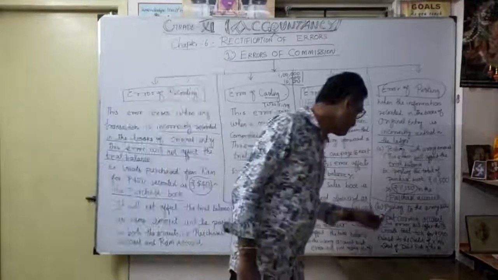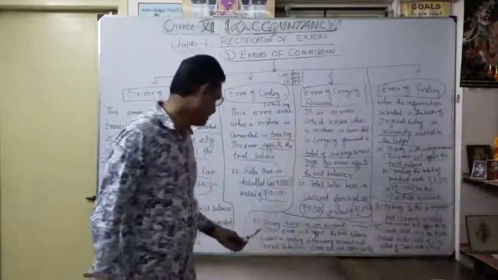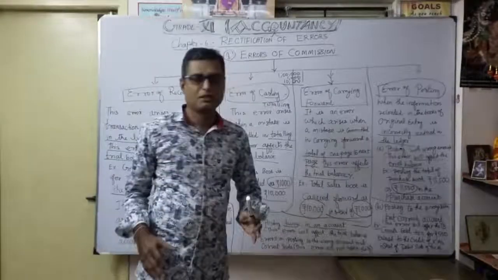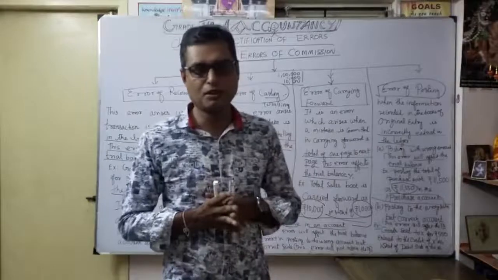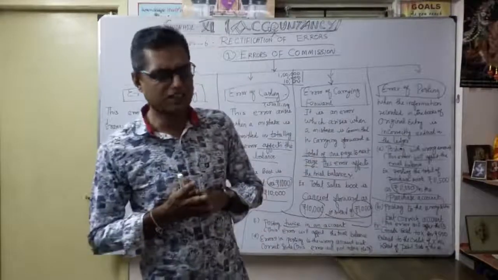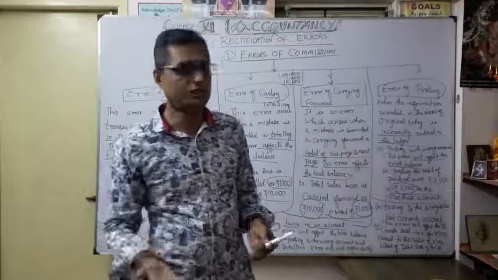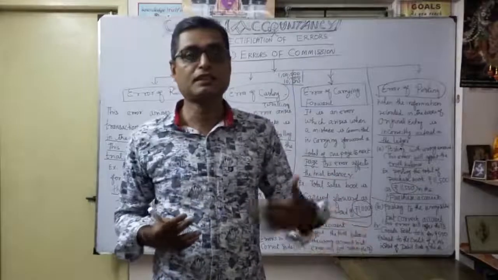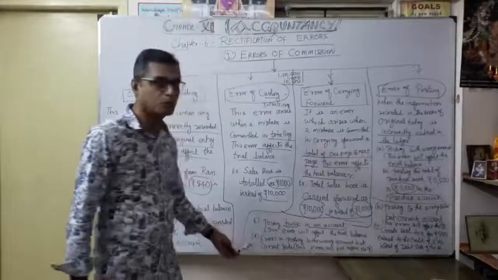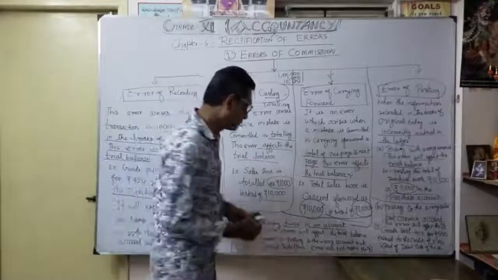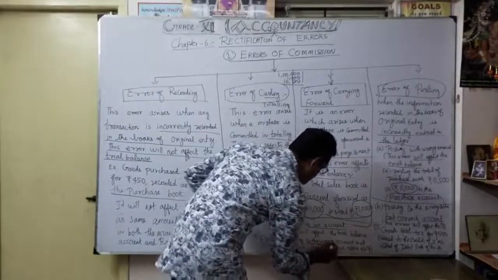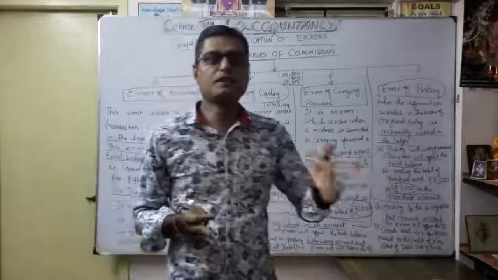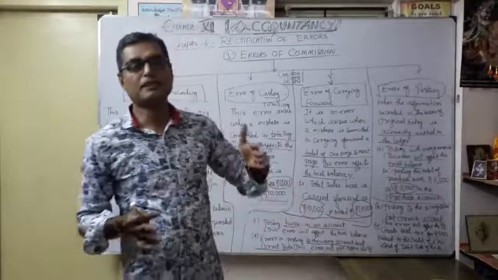See the second one, posting to the wrong side. Here, error in posting to the wrong account but correct side. The side is correct. For example, the same example, X account debit to sales account, correct side, but the amount is wrong. Instead of maybe 550, we entered maybe 600. So here, the fourth one, errors in posting to the wrong account but correct side. For example, instead of sales account, you may enter in some other debit side.